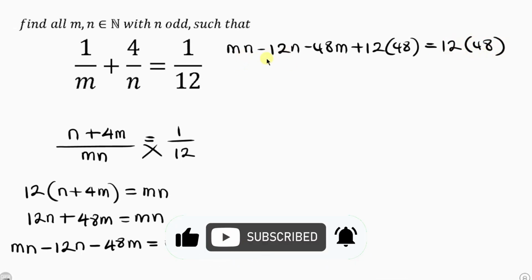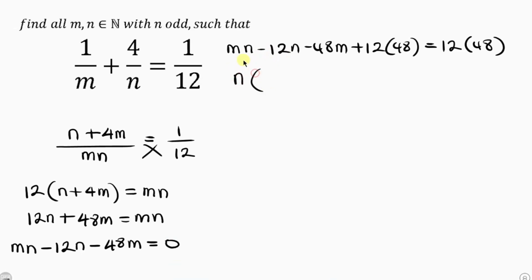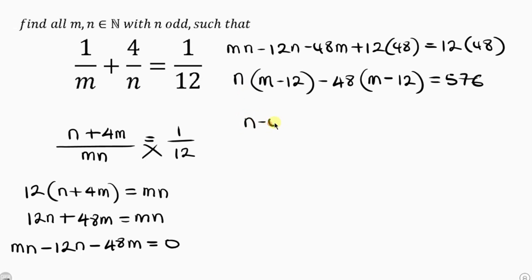So n is common, so I'll bring out n. So what will remain? I have m minus 12, minus. Now what is common here? You notice that 48 is common. Now I have m. Since negative is outside, plus becomes negative here. So remaining 12. That's it. Equal to 12 times 48, I'm going to be having 576. So we have (n minus 48)